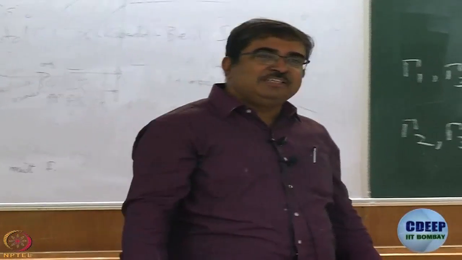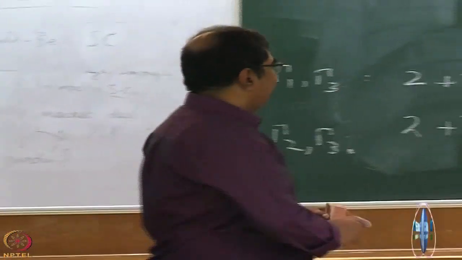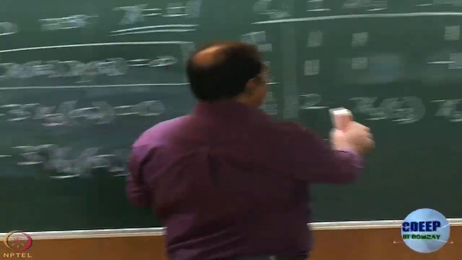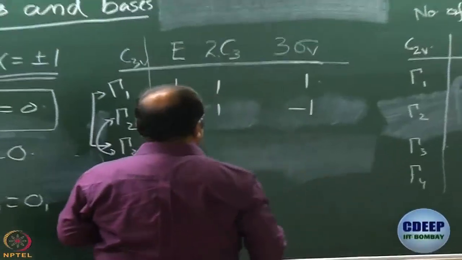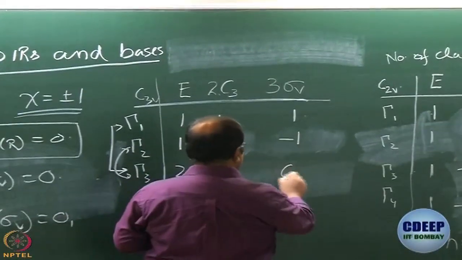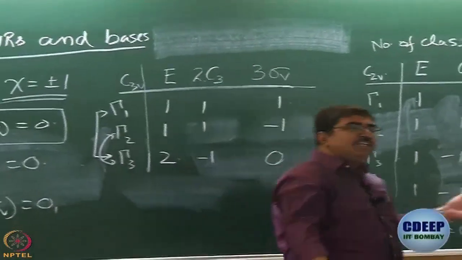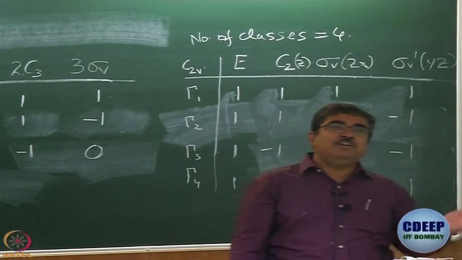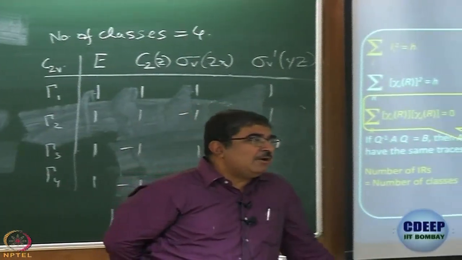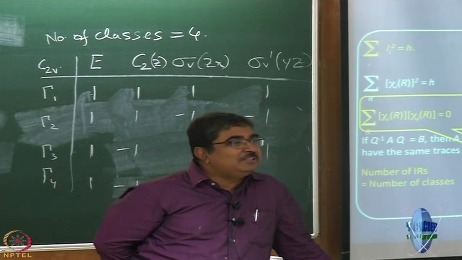Are we in agreement over that, right? So, you have got it, minus 1, 0. So, we have at least tabulated the characters of all irreducible representations of not only C2v, but also C3v,